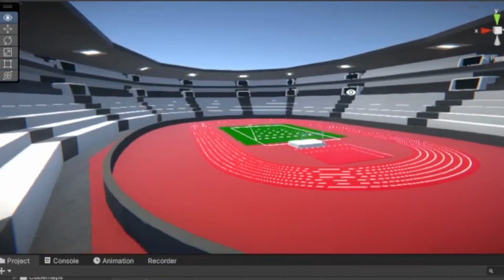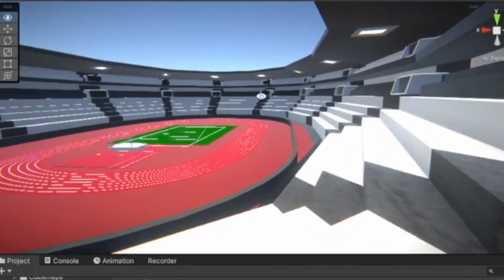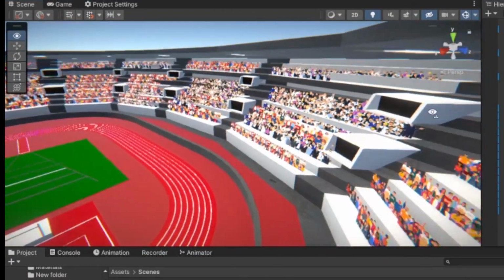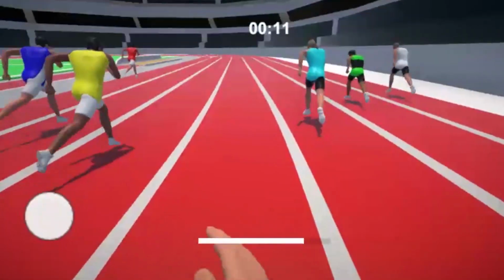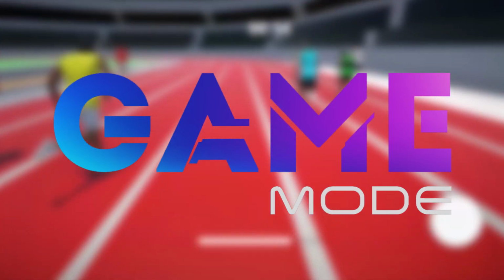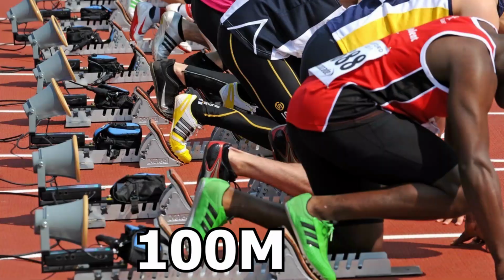I also did some modeling for the stadium structures and also added crowd to the game by using 2D billboards. With the new optimized characters added, I started working on the actual game events that are to be played in the game, and the first one has to be the 100 meters obviously, which will be the fastest event in